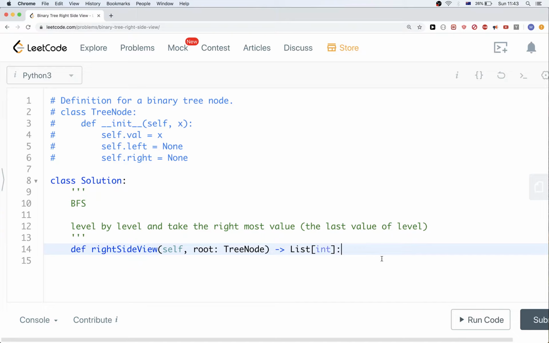So let me do that for BFS here. For BFS we need a queue, so let's just define our queue here, which would be collections.deque. Note that I'm using a deque here instead of a list, because I need pop and append with constant time. But with a list, to pop the first element, we need to traverse the list, so that would be an O(n) operation. And so